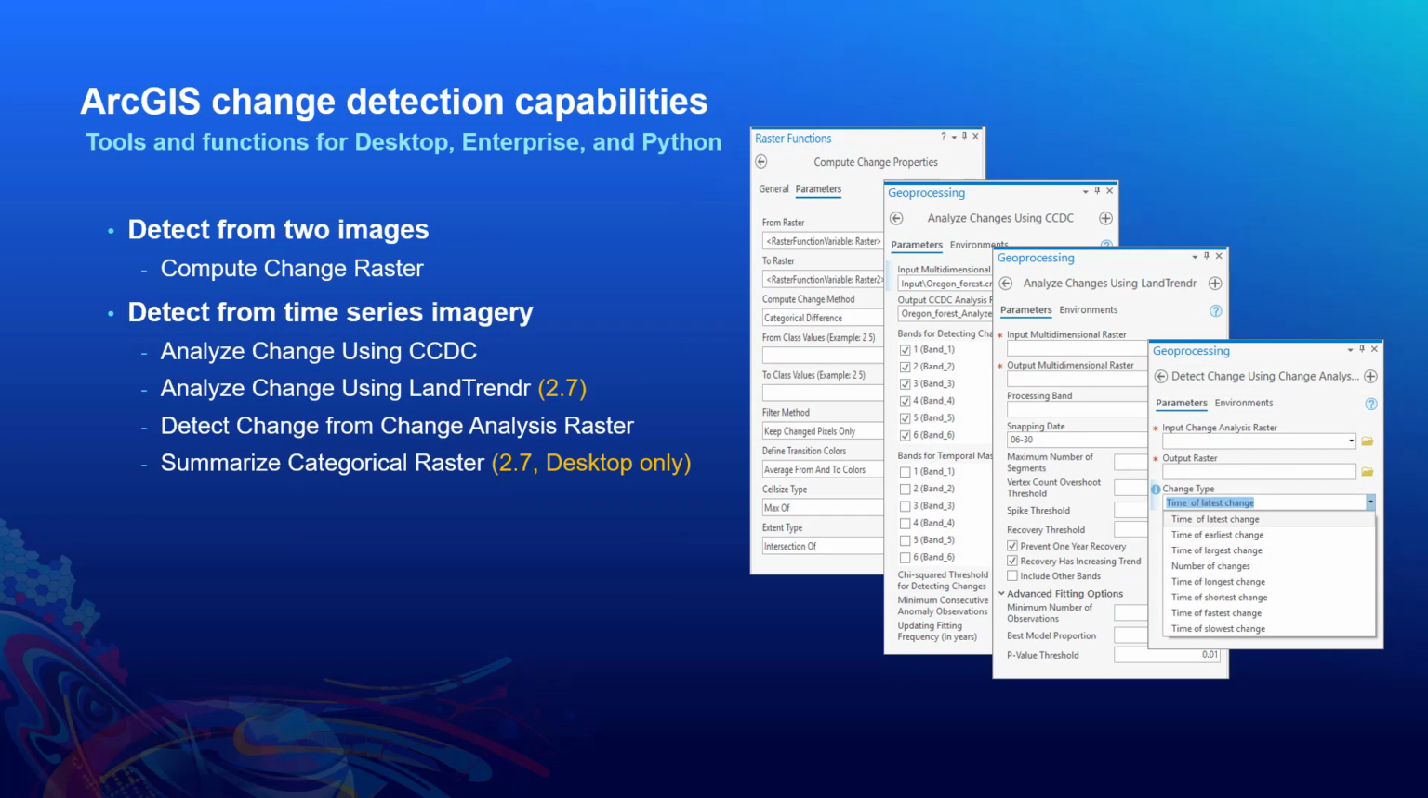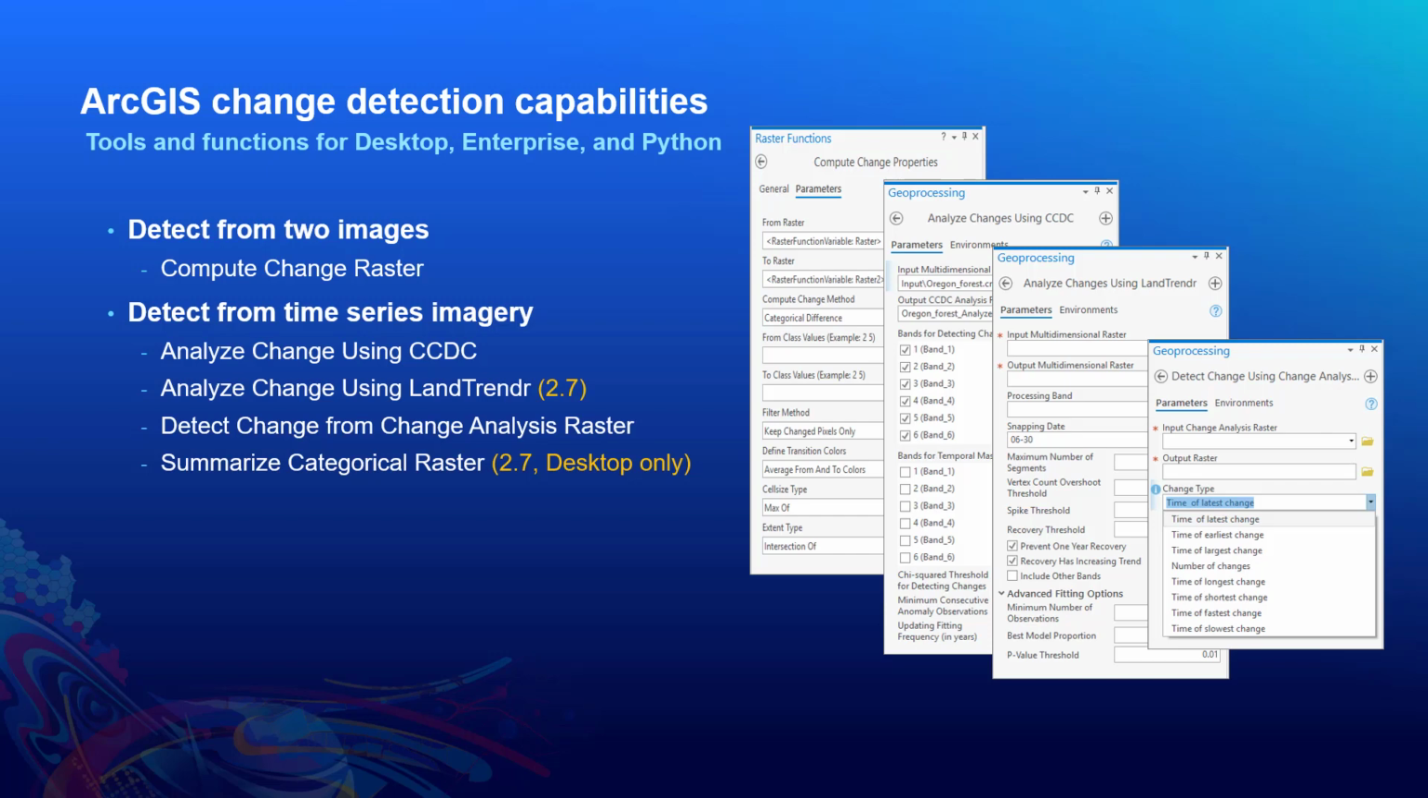ArcGIS also provides tools, functions, and APIs that allow you to perform change detection with Python. For two-image change detection, we have the Compute Change Raster tool or Compute Change Raster function. It's a raster function. For time series imagery, we support CCDC and LandTrendr algorithms, which I'll get to in